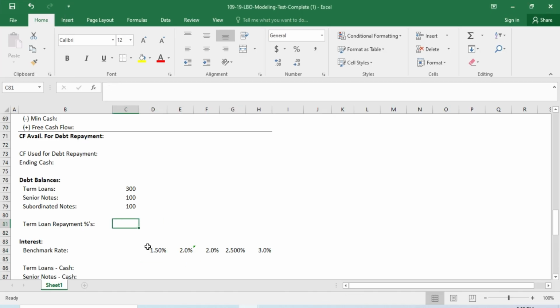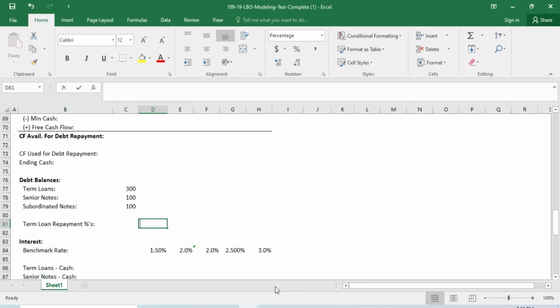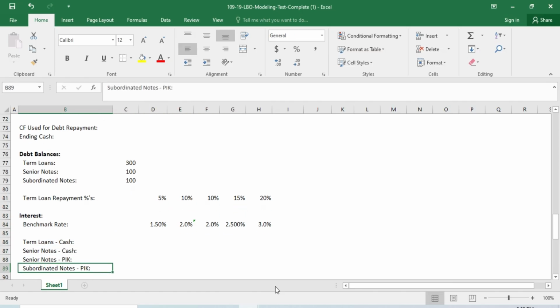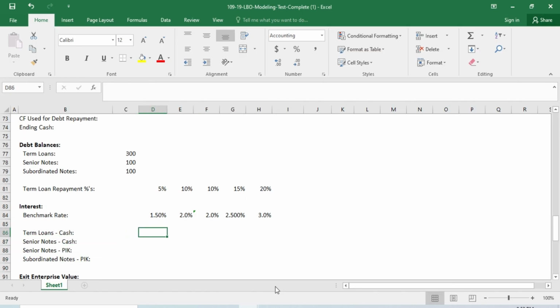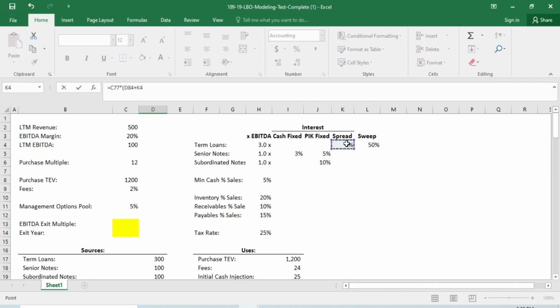Capex, we already have capex calculated. Okay, and now sum. Okay, first now let's calculate the loans, interest payments. So we have uses of plus spread. Okay, mandatory principal payments and 50% cash flow sweep. The benchmark is expected to increase from 1.5 to